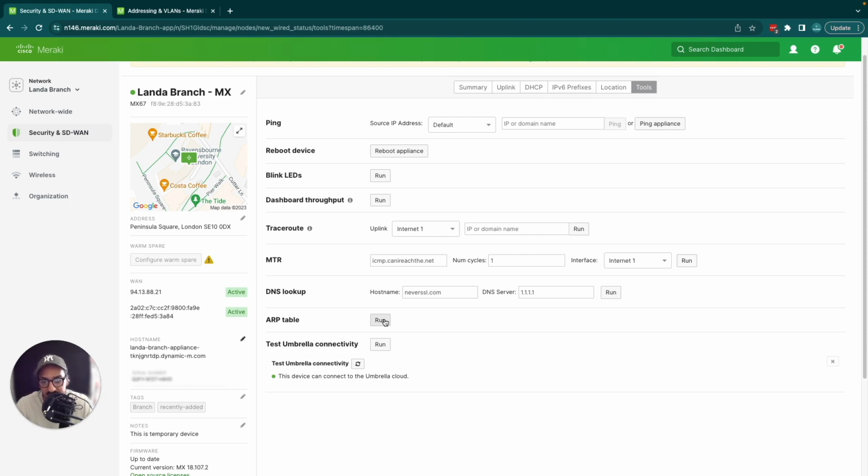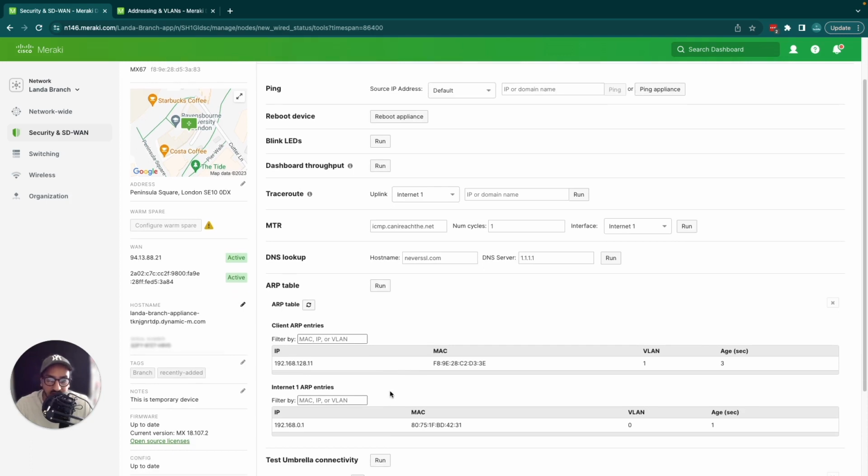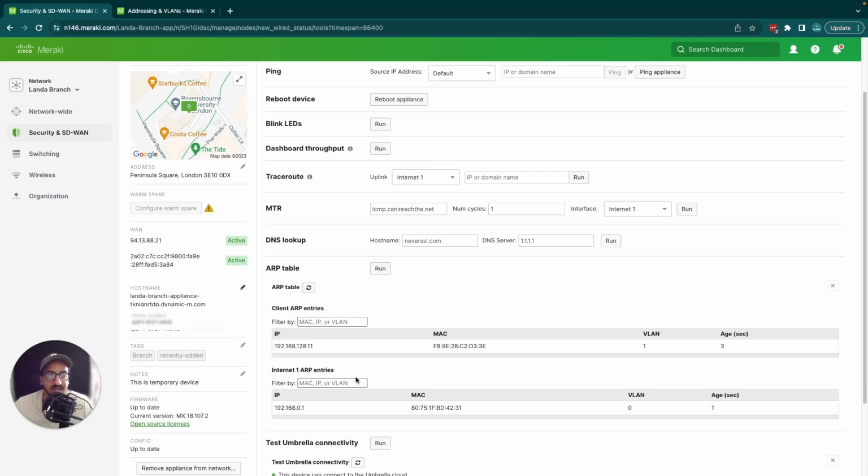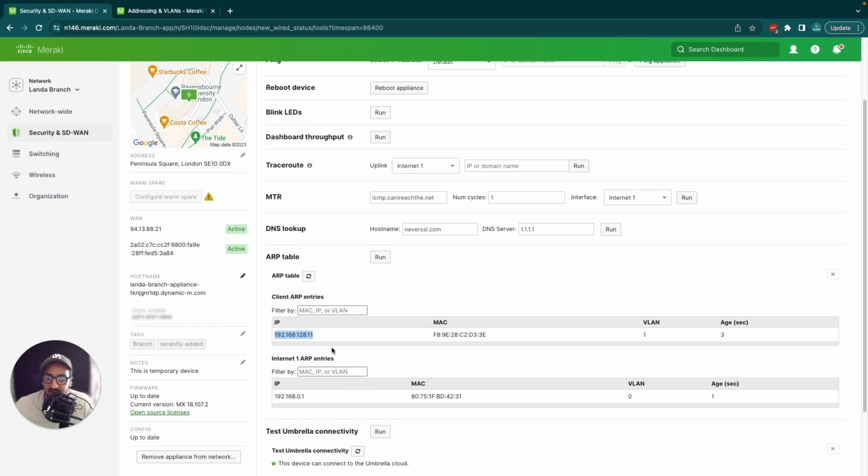ARP Table is a good tool here. So if I click run, you'll have 2 entries: the client ARP entries, and the internet ARP entries. What ARP is, essentially, is it attaches a layer 2 address to a layer 3 address. So in plain English, if you have an IP address, this is the LAN, for example, the MX will broadcast on its LAN and say, hey, I have this IP address, who has this physical address, what's the physical address of the node that has this